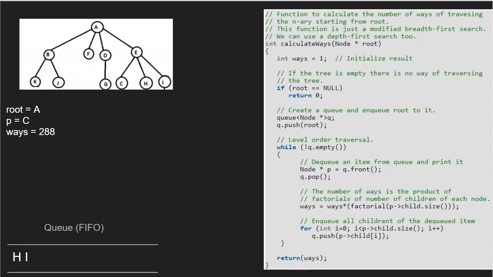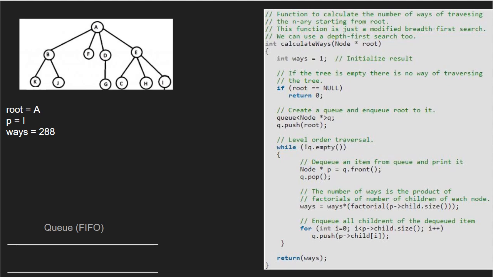Now P will point to H and H will be dequeued. H is a leaf node, so we continue with the while loop. Now P points to I and I will be dequeued. Node I is also a leaf node and hence ways remain as it is and nothing is enqueued.